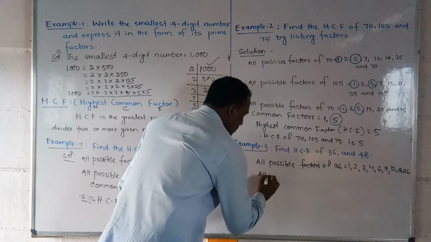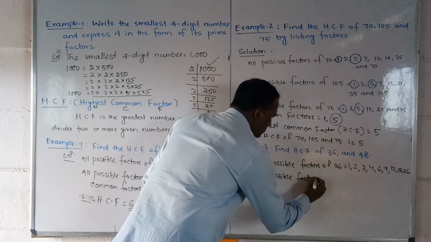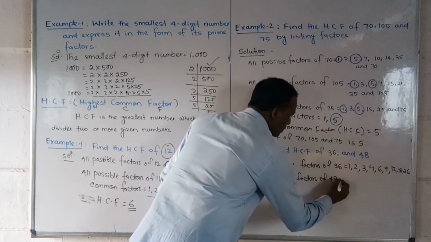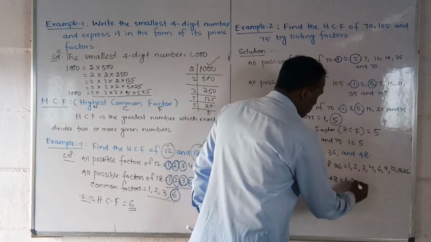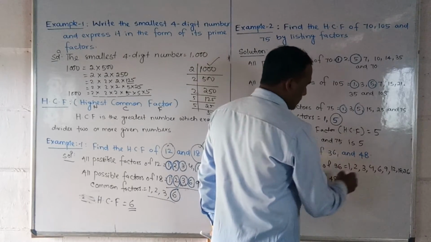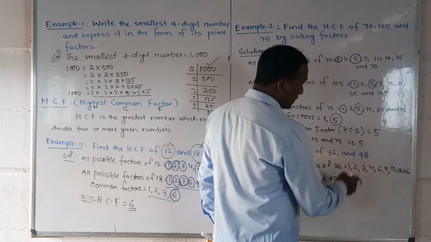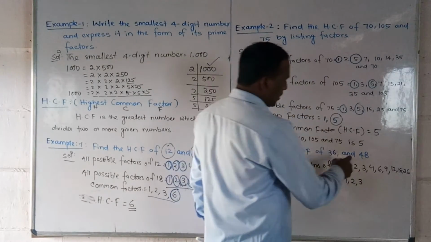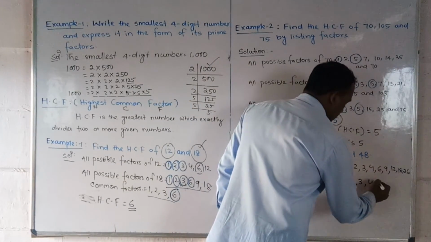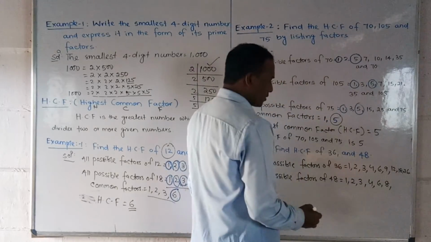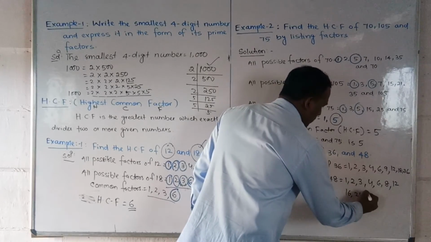Same like, students, all possible factors of 48. But all possible factors of 48 क्या होता है, 1 तो होगा कंपल्सरी, 2 भी होगा, 2 24 जा, 3 भी होगा, ओके 3 16 जा, नेक्स्ट क्या होगा, 4 होगा, 5 नहीं होगा, 6 होगा, 8 6 जा, सो 6 होगा, 8 भी होगा, 12 भी होगा, ओके 16 होगा, 24 होगा and 48 होगा.